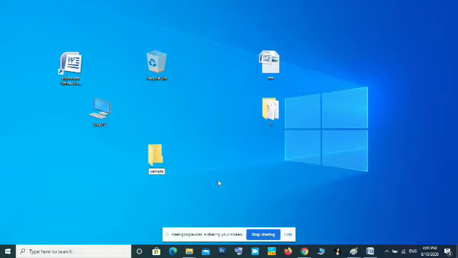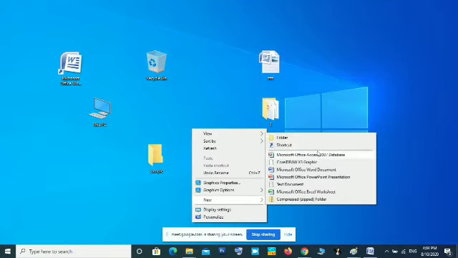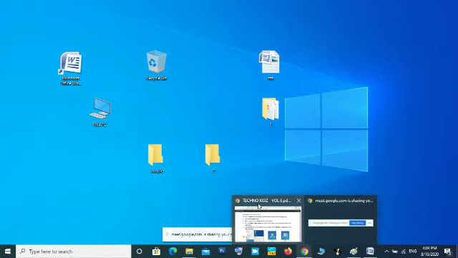So this is a folder. If you want to create a folder, just right click, select New, then select Folder, and a new folder will be created. This is the second folder. I am giving the number 2. Okay, this is how you create a folder.